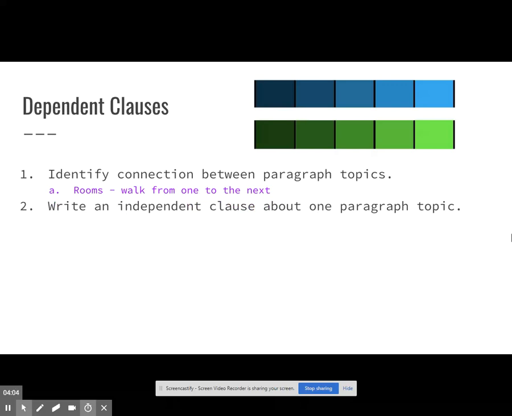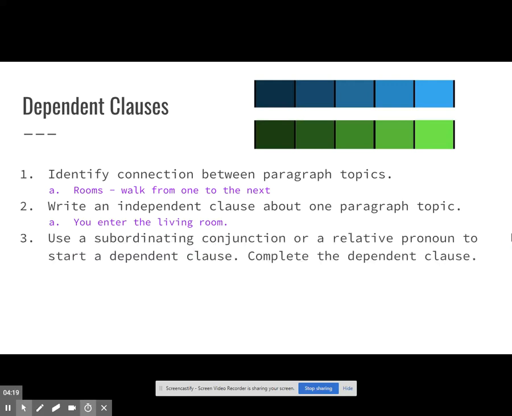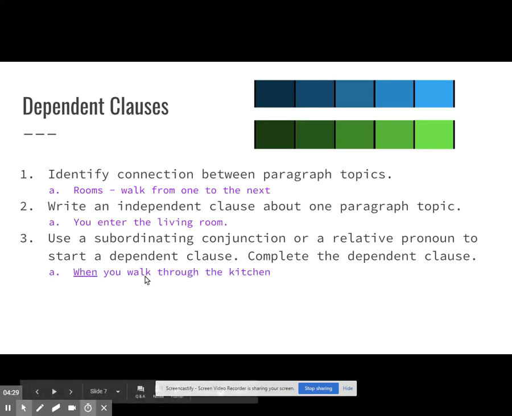Next, I'm going to write an independent clause about one paragraph topic. Remember, an independent clause is a complete sentence. You enter the living room. That's an independent clause. I haven't connected yet because I don't have anything about the kitchen. So now I'm going to use a subordinating conjunction or a relative pronoun to start a dependent clause. And then I will write the rest of the dependent clause. When you walk through the kitchen, this is not a complete thought yet. It starts with a relative pronoun, and then it continues on, and it has the part about the kitchen,